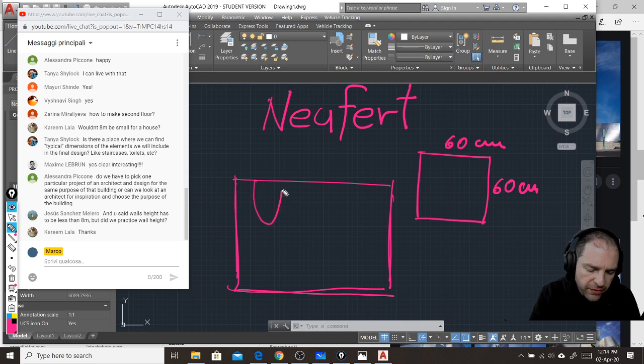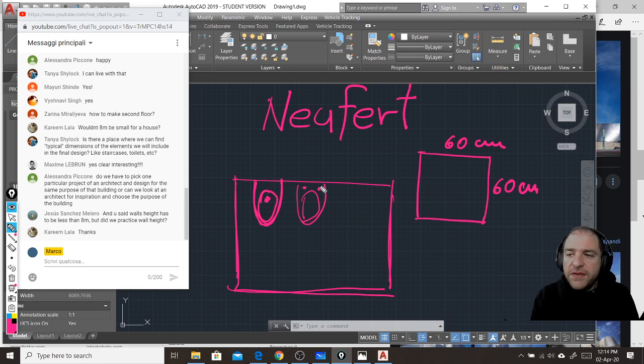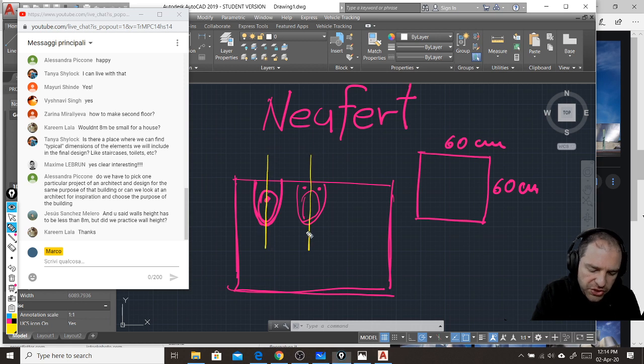And if you have like the WC, no, this is not the WC. The WC is this. And you have the bidet. For example, in this book is also extremely precise. It is written which is the distance that these elements should have,